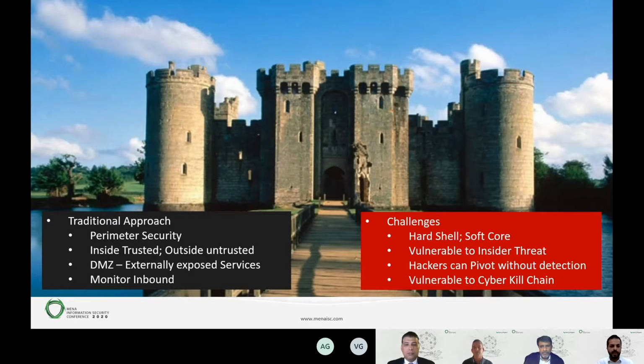The problem with that is, once you've penetrated the initial castle wall, your perimeter defenses, that boundary wall, then it's a free for all, right? Effectively, the defenses within the castle, within your enterprise, where your crown jewels traditionally have been, are then vulnerable to further attacks that aren't detected, right? Because typically the detection controls and security controls in the traditional architecture have been at the boundary. So once a given asset has been compromised by way of the cyber kill chain, where you basically phish a certain user, or you encourage them to click on a specific URL that